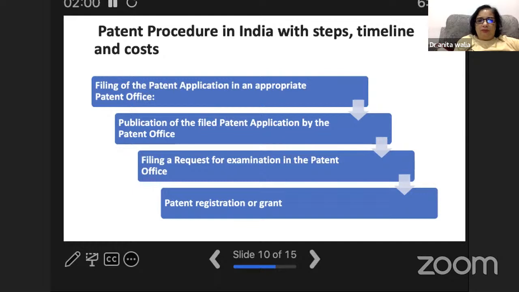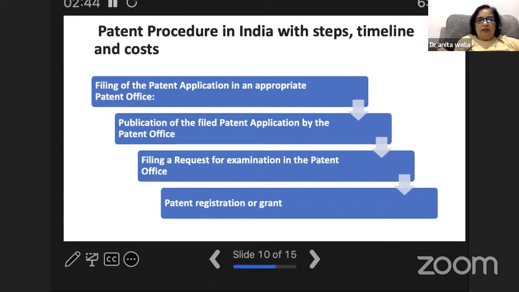Now, firstly, it is very important that when you're filling the application, there should be no error. Otherwise, your application immediately gets rejected, and then it's very difficult. So for patent registration, the application should contain some specific information, like your name should be correct, nationality, type of application, address of applicants. Suppose it's filed by a group of people, then the inventors' names and other details. So you have to understand the process of patent registration. For that, the best is to hire an attorney who knows about it, because they will correct it for you. They will do everything for you.